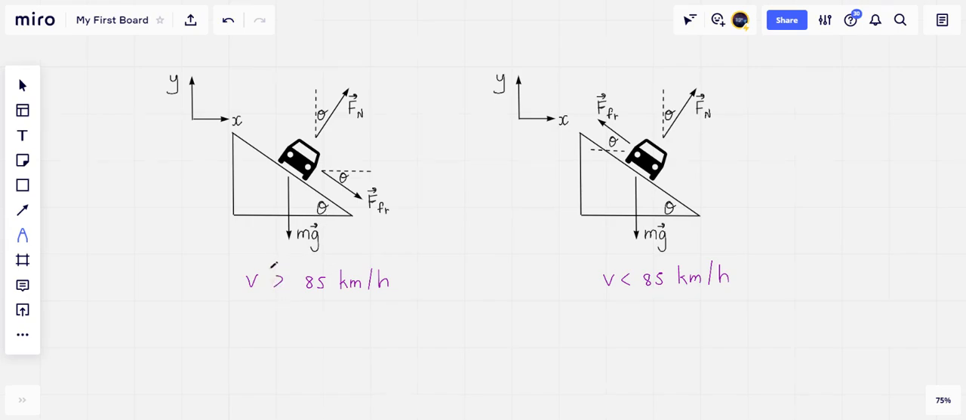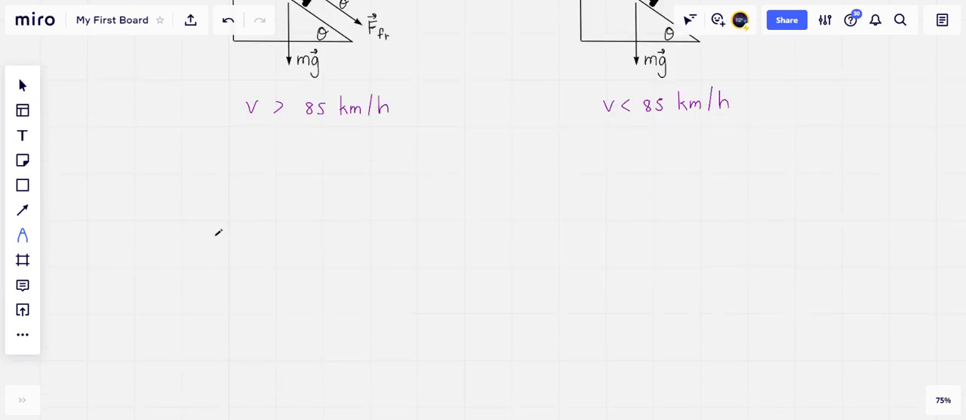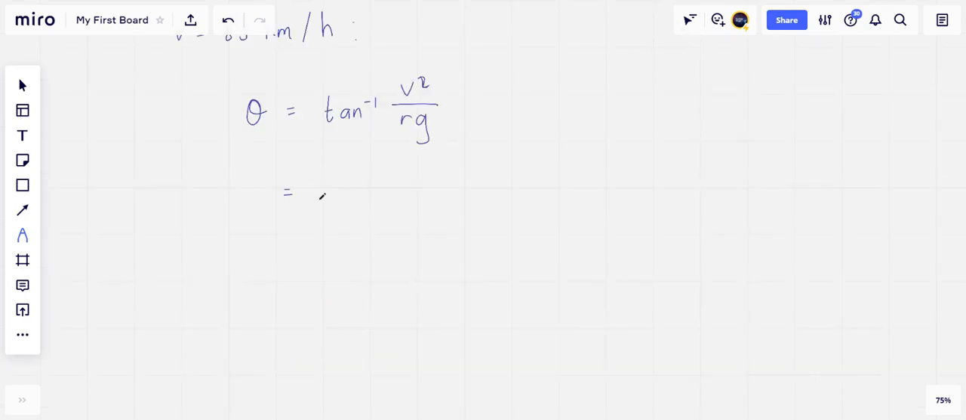Now, since the curve is designed for a speed of 85 kilometers an hour, traveling at that speed would mean no friction is needed to round the curve. And the no friction banking angle is given. So this is when v is equal to 85 kilometers an hour. The angle theta is equal to the arctan of v squared over rg, which is the arctan